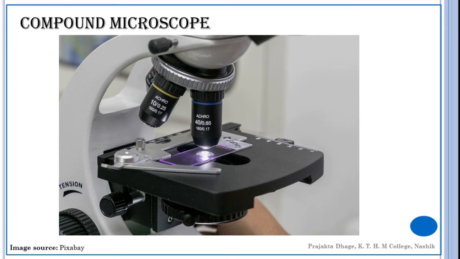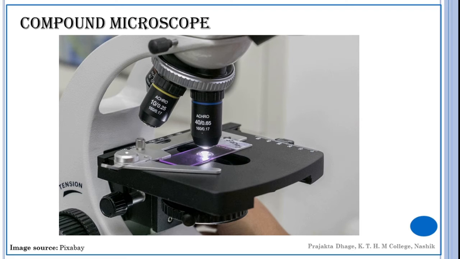If the slide's position is recorded after first viewing, the point can be mechanically centered for subsequent viewing. If you see here, you have a scale present. So you can point out the location and place the slide, and you are not required to scan the slide again and again. You will eventually find a perfect location where you have a perfect section, or where you have the specimen. Okay, now the lens system.